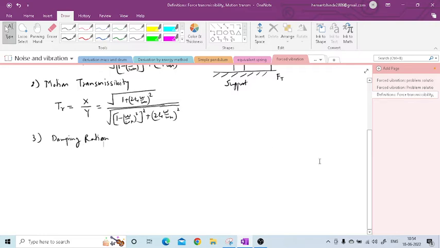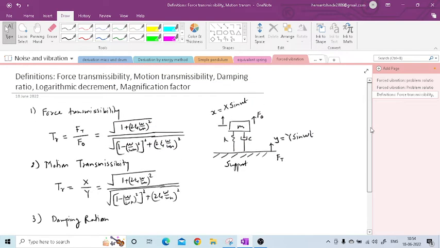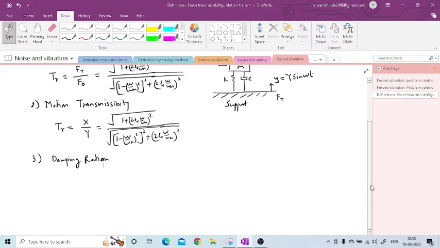In the derivation of damped vibration, we have used this damping ratio. It is the ratio of damping coefficient divided by critical damping coefficient. So suppose in this system the damping coefficient of this system is C,